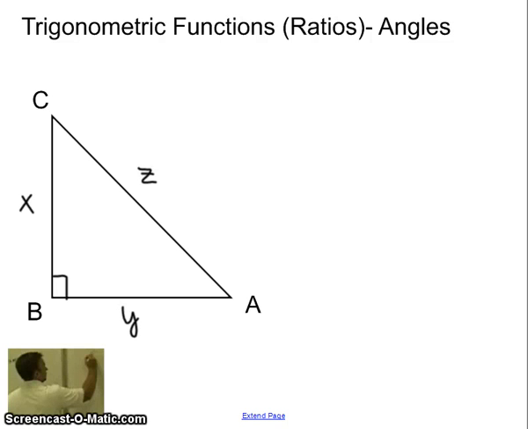Okay, now we're on day 2 of trig functions or trig ratios. Today we're going to talk about how to find specific angles this time, the angle measurements. All right, now just to review,